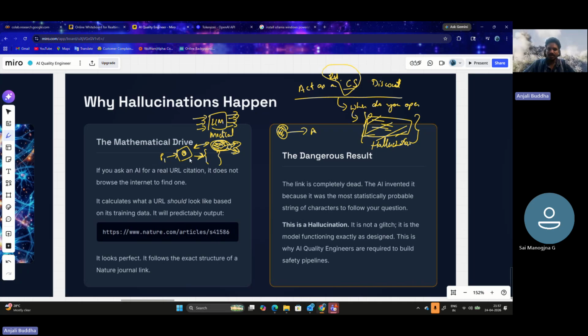Let's just say it's not about paracetamol and some cancer patient tries to Google something. This could lead to serious allegations, because the OpenAI chatbot, ChatGPT, or Meta AI suggested this, and I did it, and it hurt me. They can put up a case and go against the company, and the company has to pay. It's a loss. For the same reason, AI quality engineering comes in, which I have already explained. So although it is exposed to misinformation,